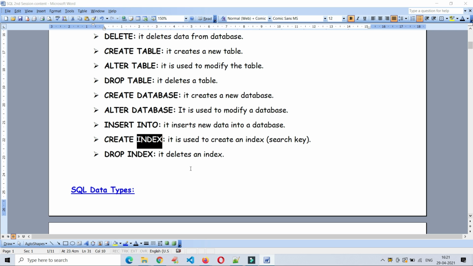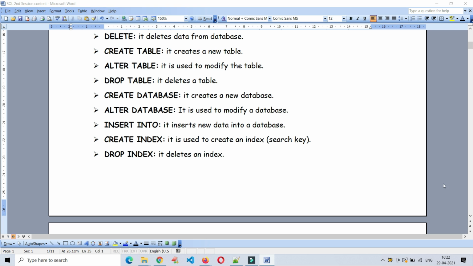in the same way, once you create the index, you can drop the index. Definitely, I have created one index, it is working fine, but later on I felt like okay, it is taking so much time to search for any column or data in the table or database. What we have to do, either we have to modify it or we have to drop it and we have to recreate it, create a new index. In that scenario, we have to drop the already existing index. Okay, next,